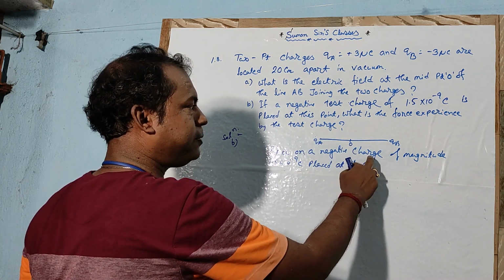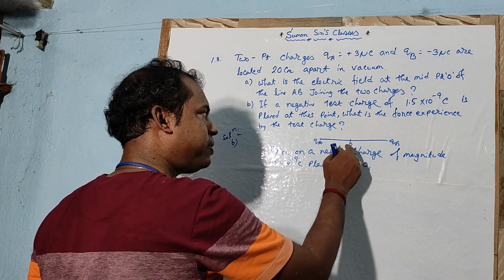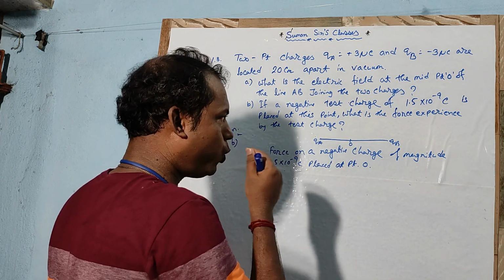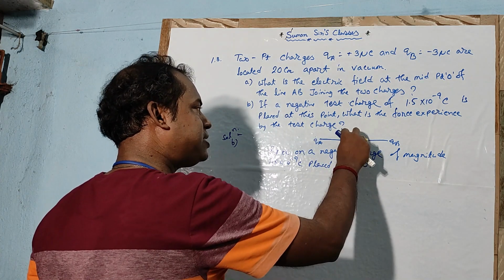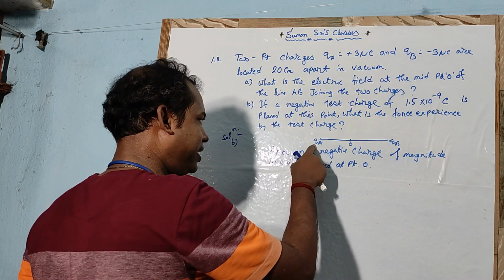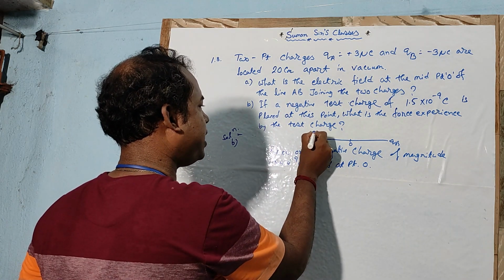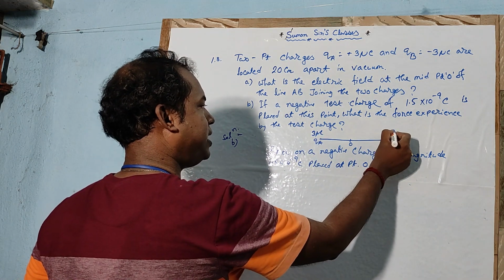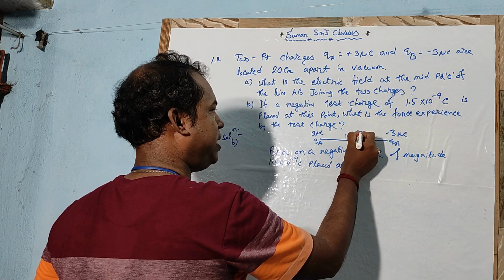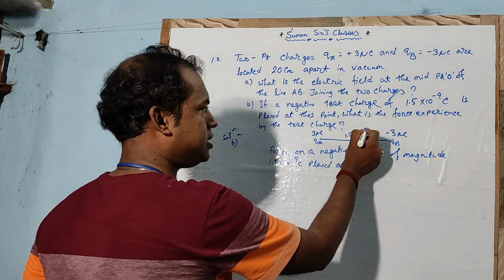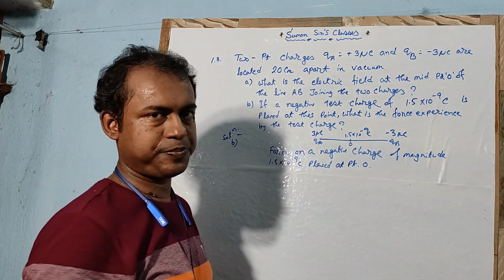So the force on the negative charge of this magnitude. The test charge is placed at the center point O. We want to find out the total force acting on the test charge when it is placed at this point. So here the charge present is plus 3 microcoulomb. We just write here, plus 3 microcoulomb is present. Here minus 3 microcoulomb is present. And at the center there is a charge of 1.5 into 10 to the power minus 9 Coulomb. It is present.